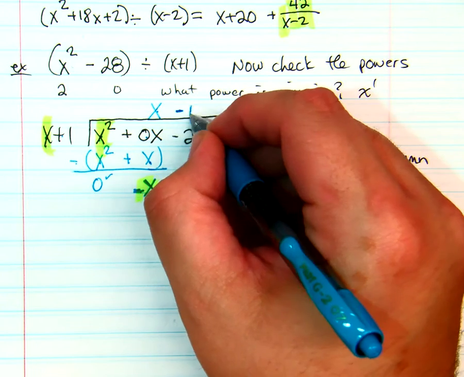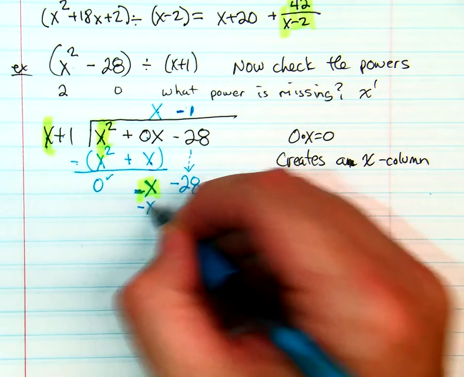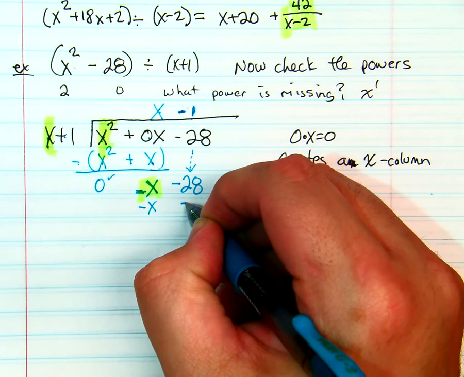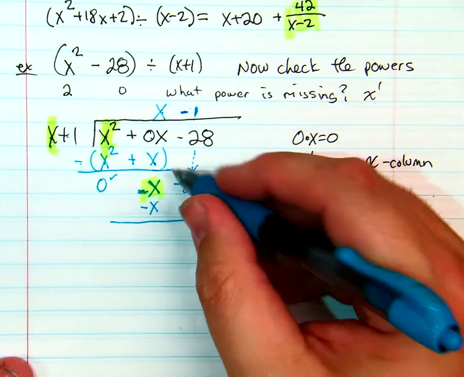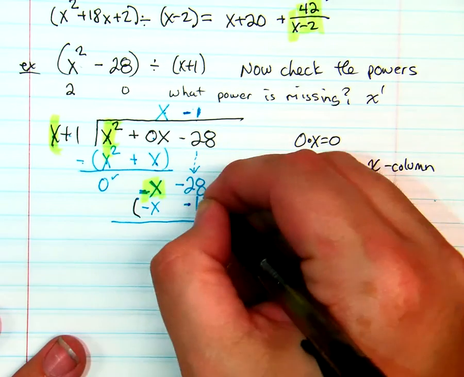Negative 1. Because negative 1 times x is negative x. What's negative 1 times 1? Negative 1. Alright, and now, because there's so many negatives, make sure you put the parentheses around it and subtract,